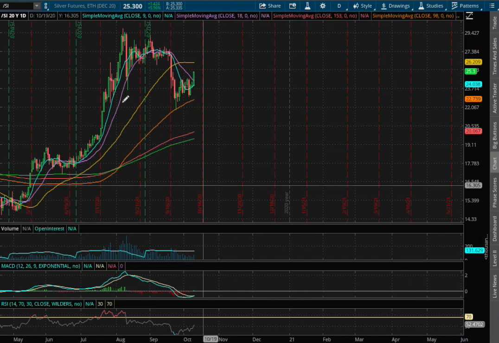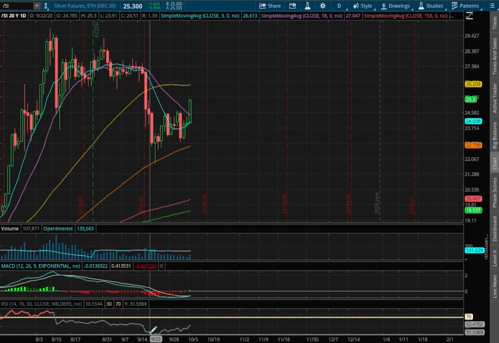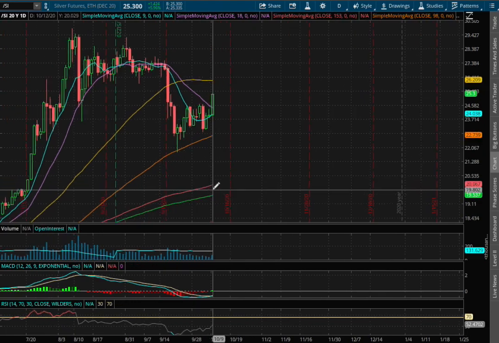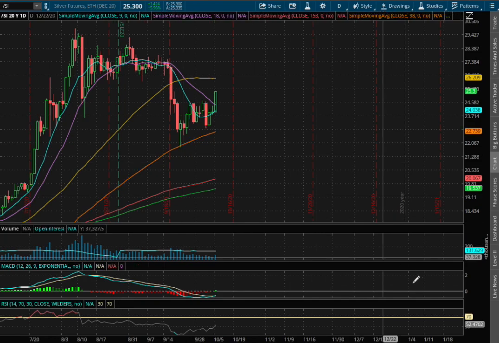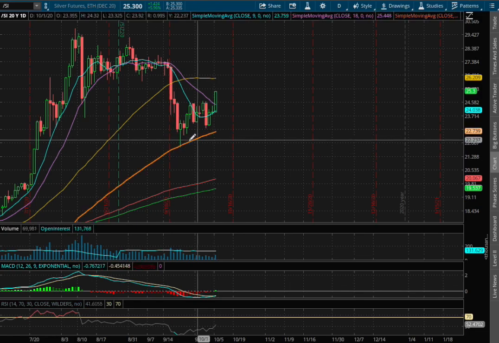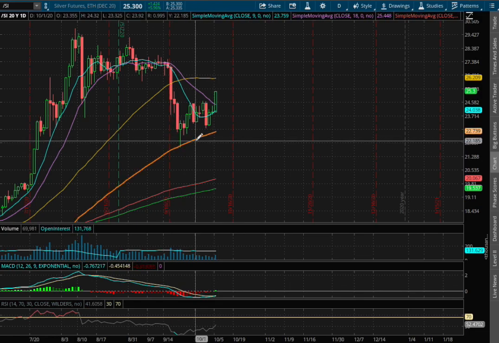if we zoom back in, we're starting to see signs of it converging, and we're off of oversold conditions on the daily RSI. We did bounce right off the 100-day moving average, this orange line. So if we do manage to reverse down lower, the next possible support, as indicated back on September 24th, will be this 100-day moving average at the price of